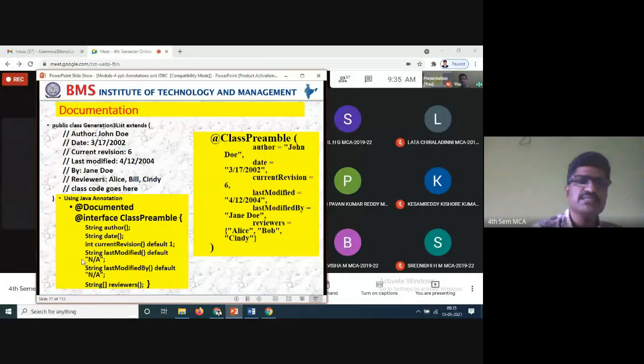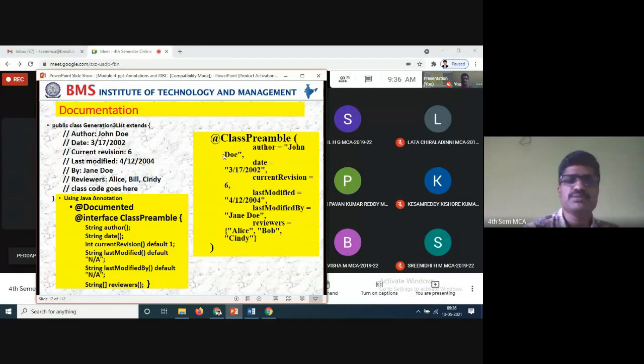Here the string is a bit of a different way of defining. Previously, what we have seen was string author, comma, whether you want an array or not. But here we are writing like methods, string author, string date. That is the difference in the way of defining the annotations in this case.